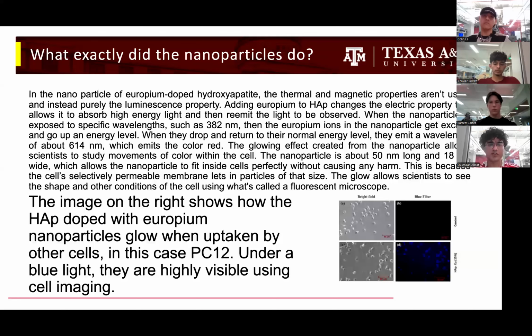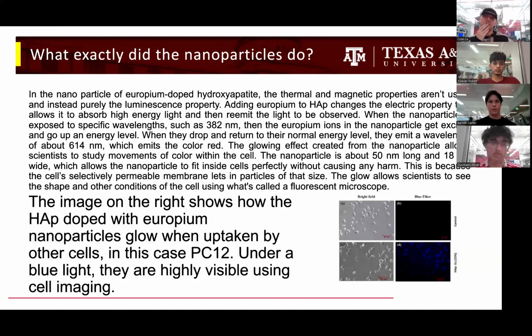So specifically, if we use 382 nanometers wavelength, the europium ion in the nanoparticle will get excited, and it drops back to balance out the charge. And what happens is that it emits a wavelength of about 614 nanometers, which is the color red. Now, this glowing effect from the nanoparticle allows scientists to study movements, seeing how the color moves within the